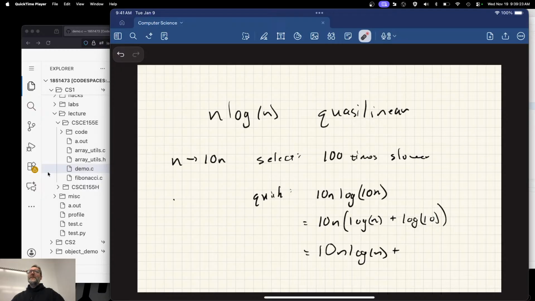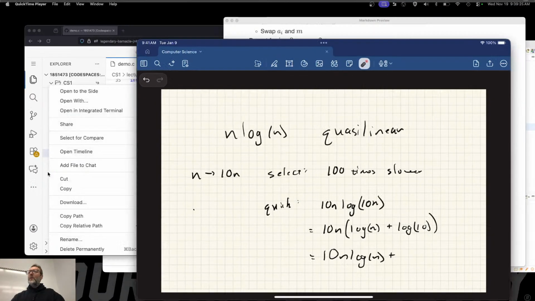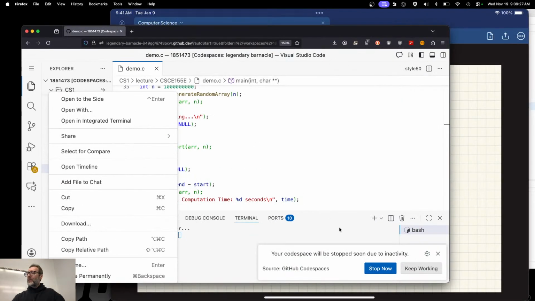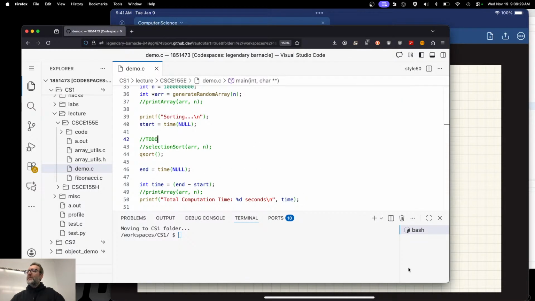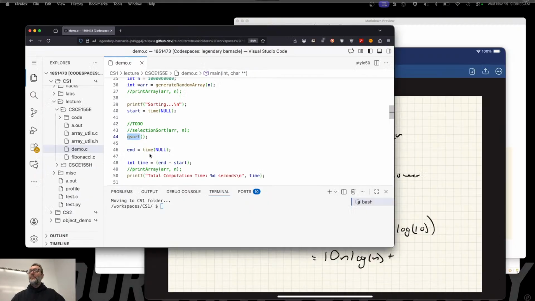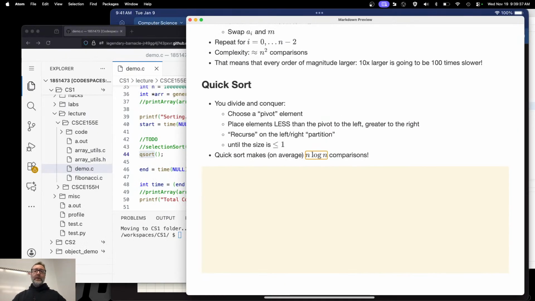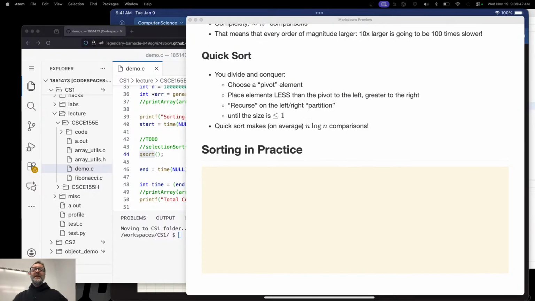So there's lots of solutions out there, but we're going to now focus on, oh, come on, no, keep going, please. All right, there we go. We're going to actually look at what's built into the languages, right? Sorting in practice, basically. There is a quicksort that is built into the standard library in both languages, by the way. But first of all, to be able to understand how to use it, we need some additional things here.